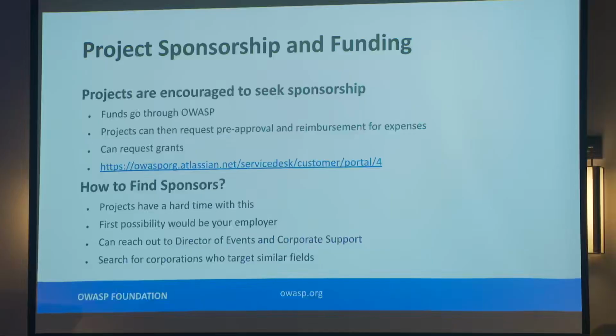You also want to search corporations who target similar fields. So maybe your company's not interested, or maybe they are, and they did sponsor you, but that doesn't mean you just stick with the one. Go find 3 or 4 sponsors, and the more sponsors you have, the more chance you have of getting those grants to be able to actually work on your project, specifically.